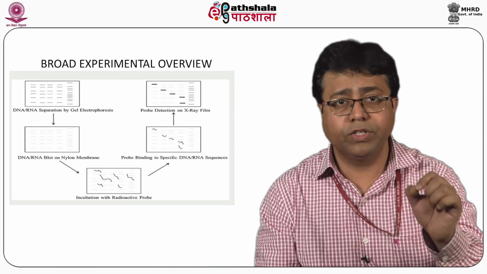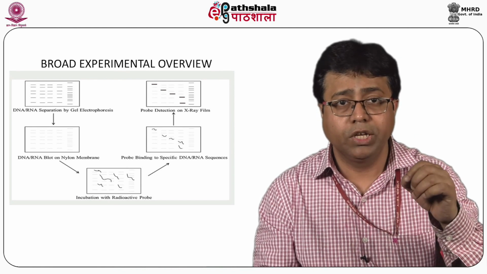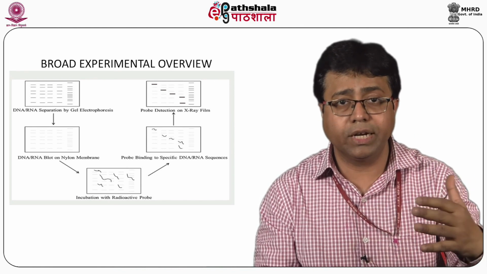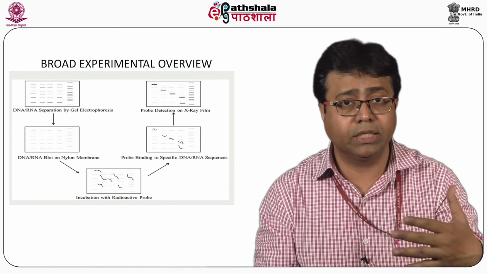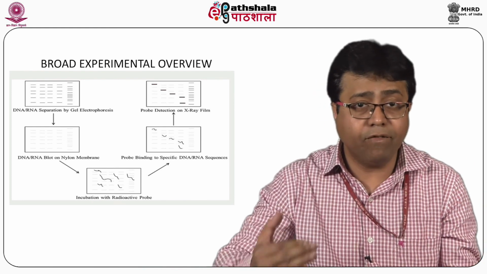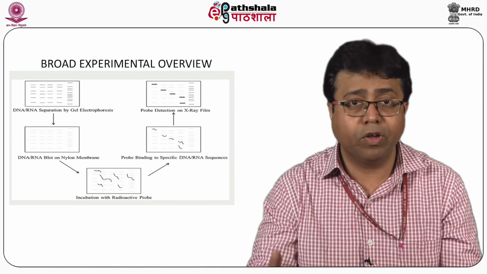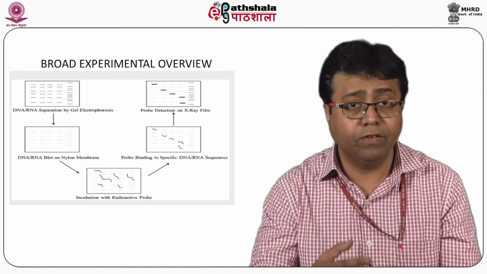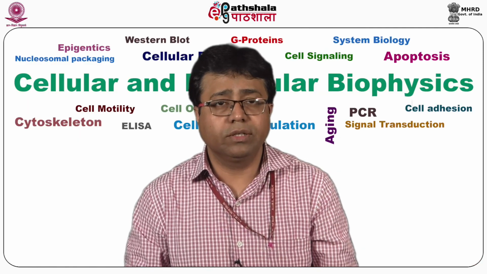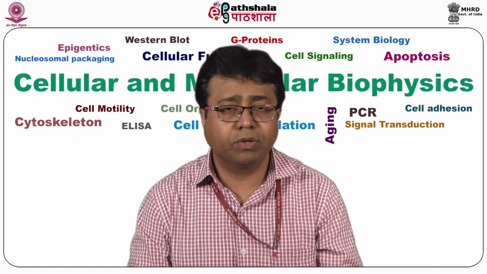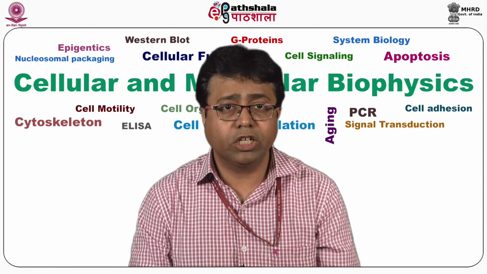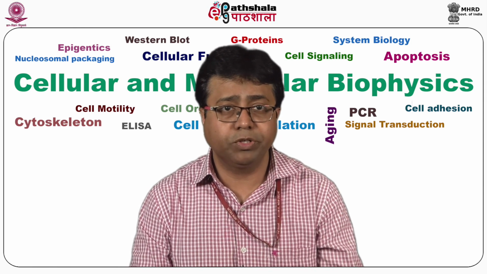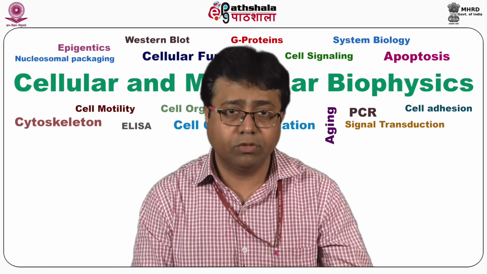So, you do an electrophoresis, and you get the molecules resolved by different criteria: the sizes, the molecular masses, the charge, and so forth. After that is done, you are going to employ the different blotting techniques. We are going to work through that process as we individually discuss them. So, a brief introduction: the transfer of molecules like nucleic acids or proteins onto a solid surface is what is known as blotting.